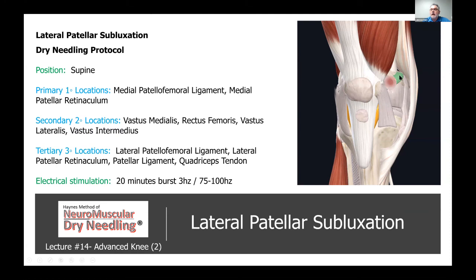Anytime we have that sort of situation, or if that ligament is inflamed, it's very easily palpable, and your subject is definitely going to know that you've hit the right thing. So we'll drop laterally to the medial patellofemoral ligament and the medial patellar retinaculum. We'll go from there and move up to hit the quad, the rectus, vastus medialis, vastus lateralis, and